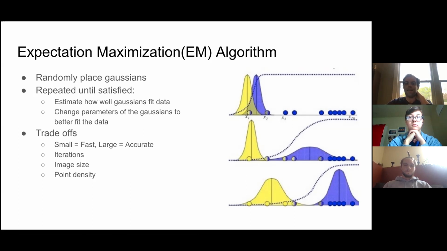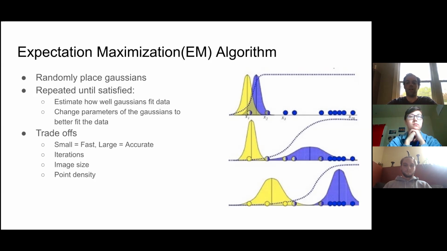But using an algorithm like this comes with a lot of trade-offs in terms of performance versus accuracy. In general, the concept is if you're working with a few things, then you don't have to perform as many operations, so your program will work a lot faster. But if you're working with a lot of things, you're not generalizing the problem as much, so you'll get a lot more accurate results. And some situations where we see this affect our algorithm is first with the number of